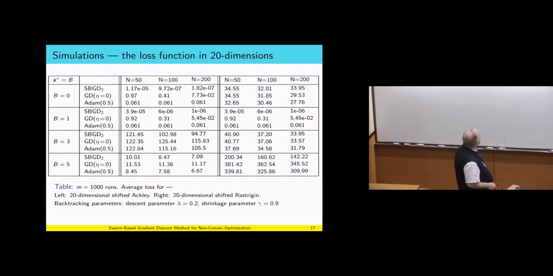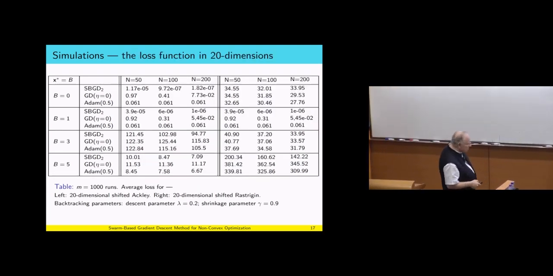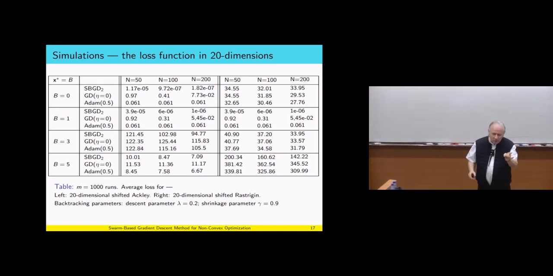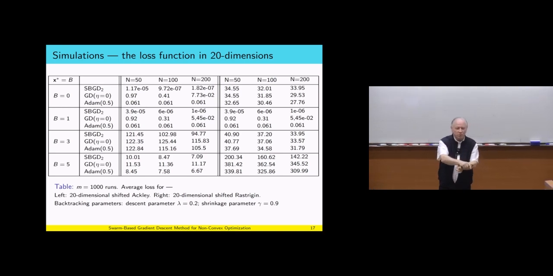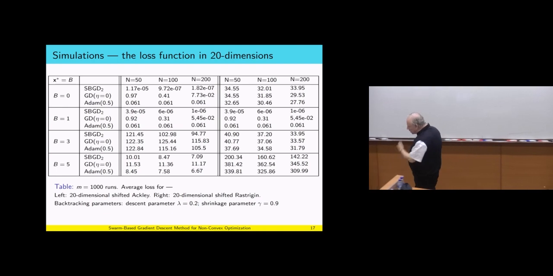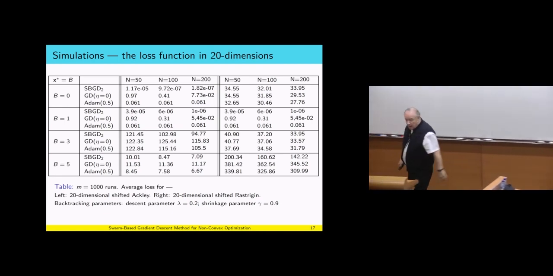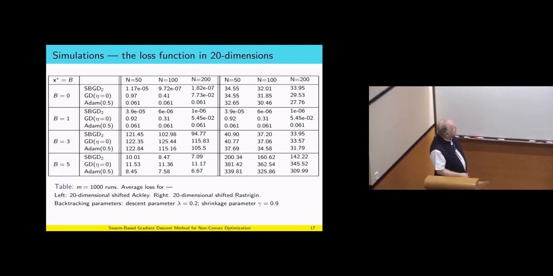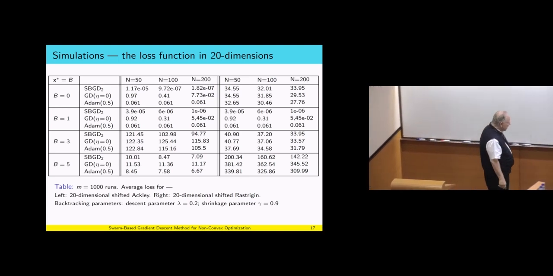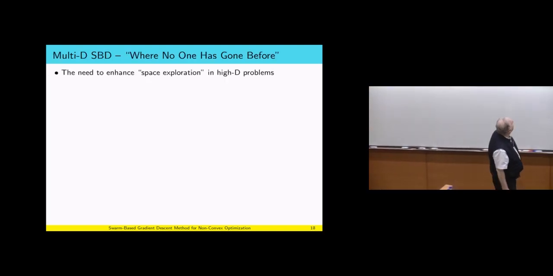And indeed, we also measured the loss. As you know, in machine learning, they are not interested in finding the global minimum. What they really want to make sure is that you get as low as possible. They don't care if you are far away from the global position of the minimizer, as long as you are low enough, that's what really matters. So we measure here the loss function. And we convinced ourselves, okay, this restriction function is not a trivial test. So why is it not a trivial test in 20 dimensions and so forth?